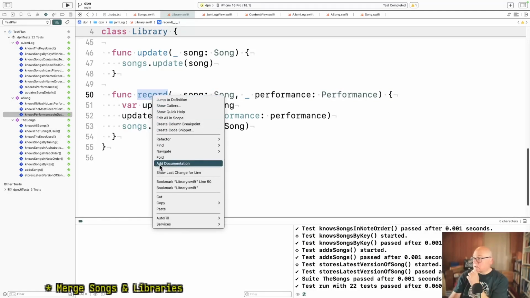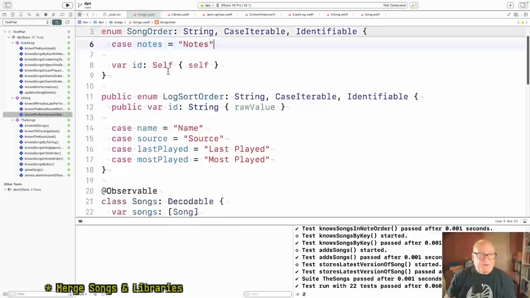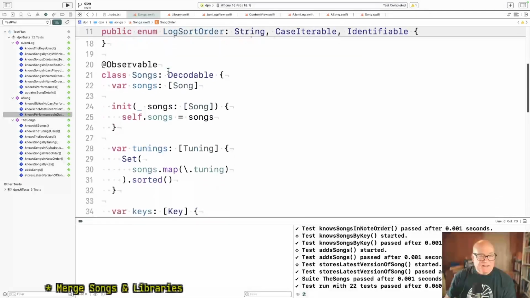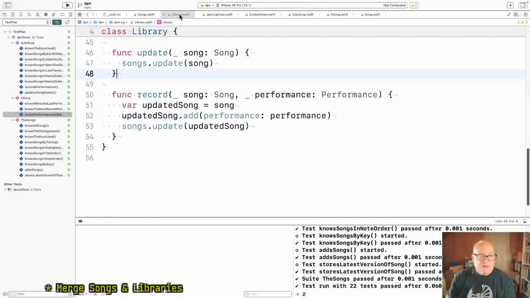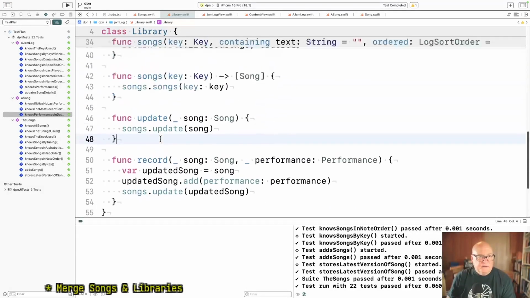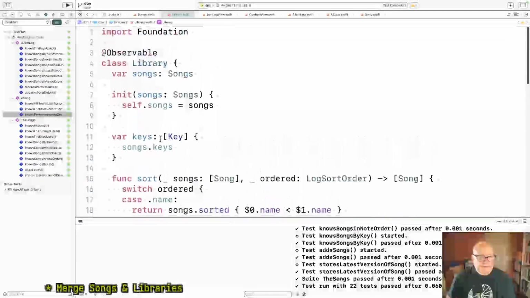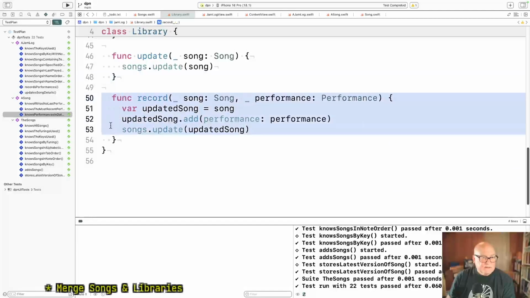All right, yeah, we have 2 minutes. Let's not go too crazy here, I guess. All right, so I want songs. Whoever's talking about library. Well, he says songs dot do that. This could be a method on songs.